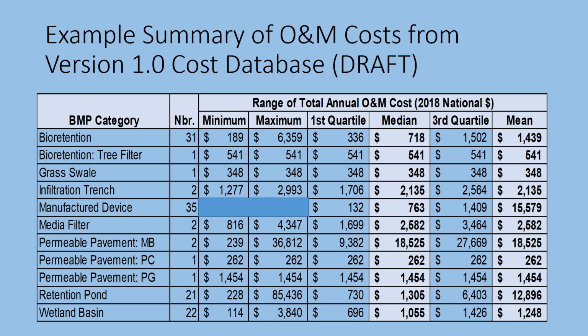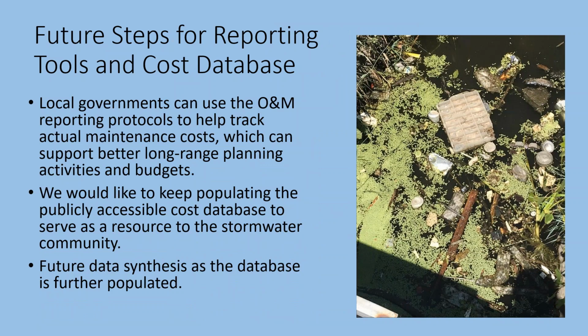So you can see the column there that gives you some different numbers for different BMP types. And I blocked out the manufactured device min and max because those were pretty extreme ends of the spectrum. And I think that's one of the challenges with taking data from third parties and putting it together, is sometimes you do get these numbers that require some further follow-up to make sure that they're real. And so this is the type of table that we'd be producing.